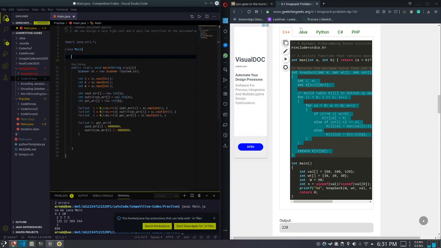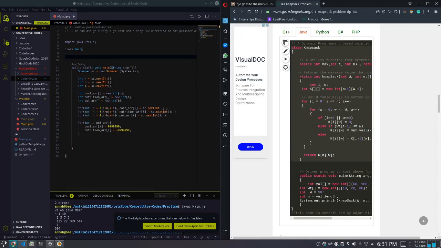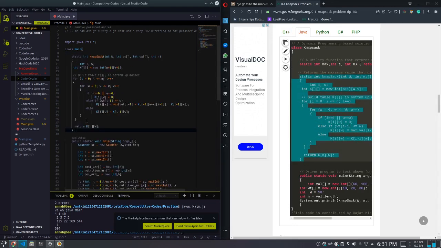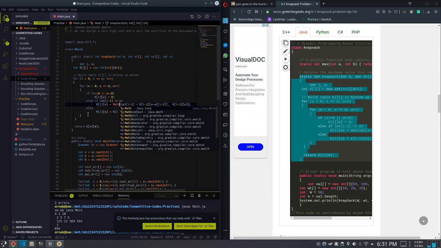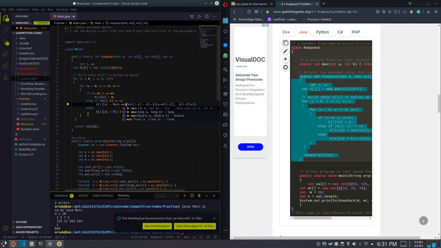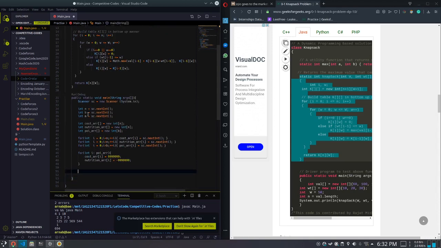Oops, I copied C++ code. I need to copy the Java code. Yeah. So this is our knapsack, which is building the table and using dynamic programming. They've used a custom function, but I can use math.max. It will be of no issue. And so our final result will be